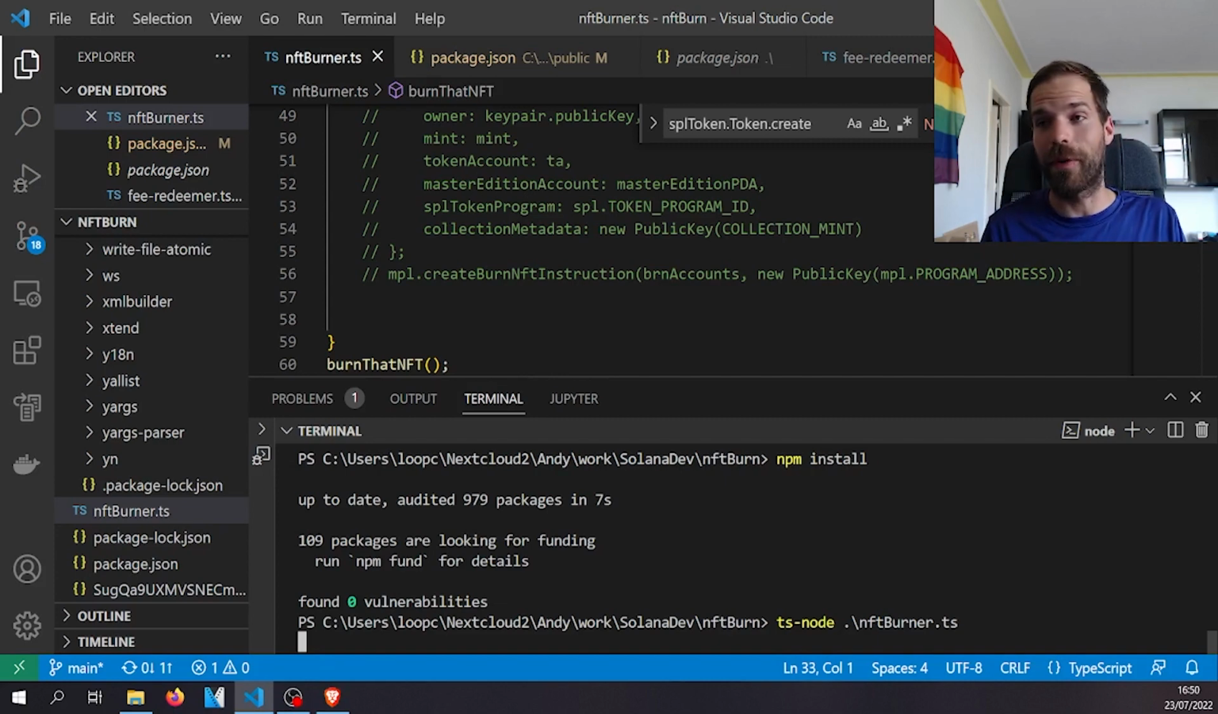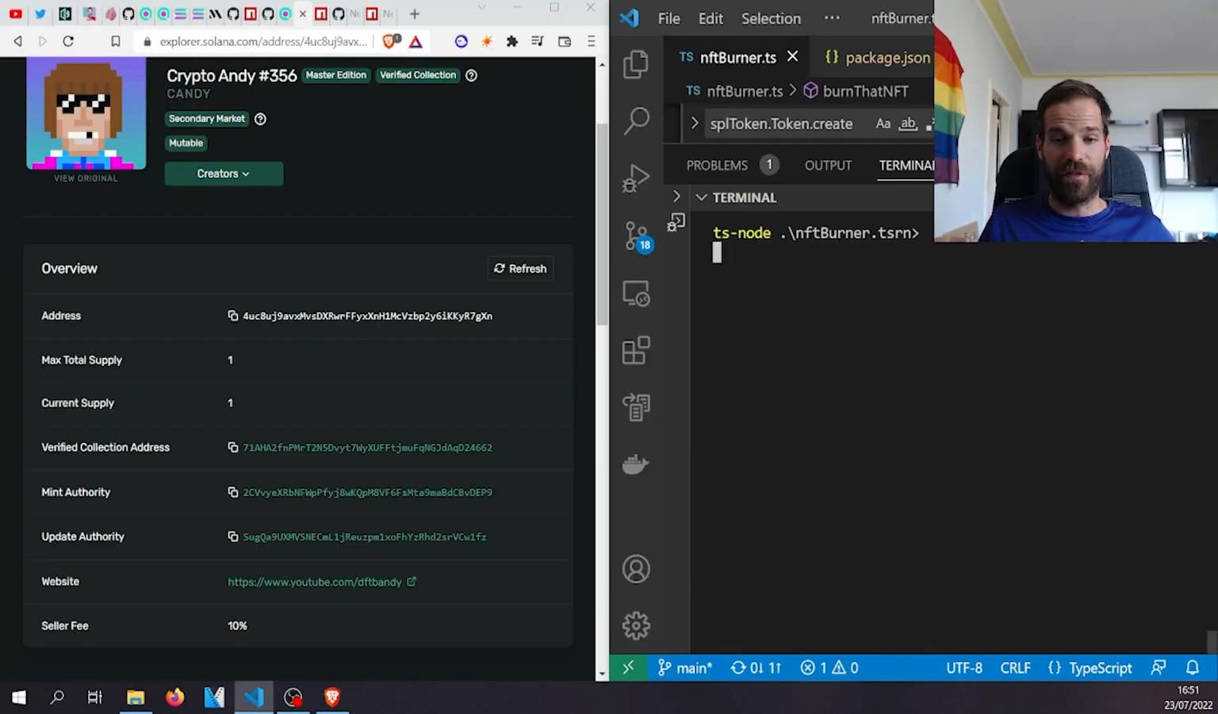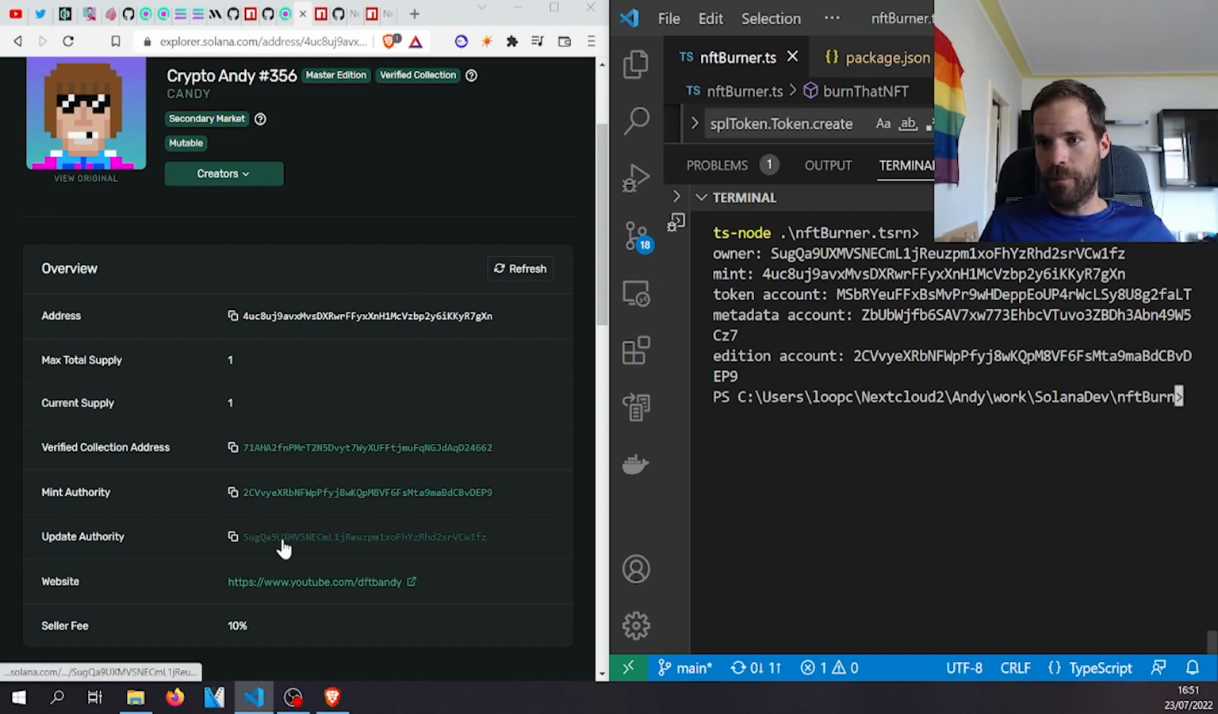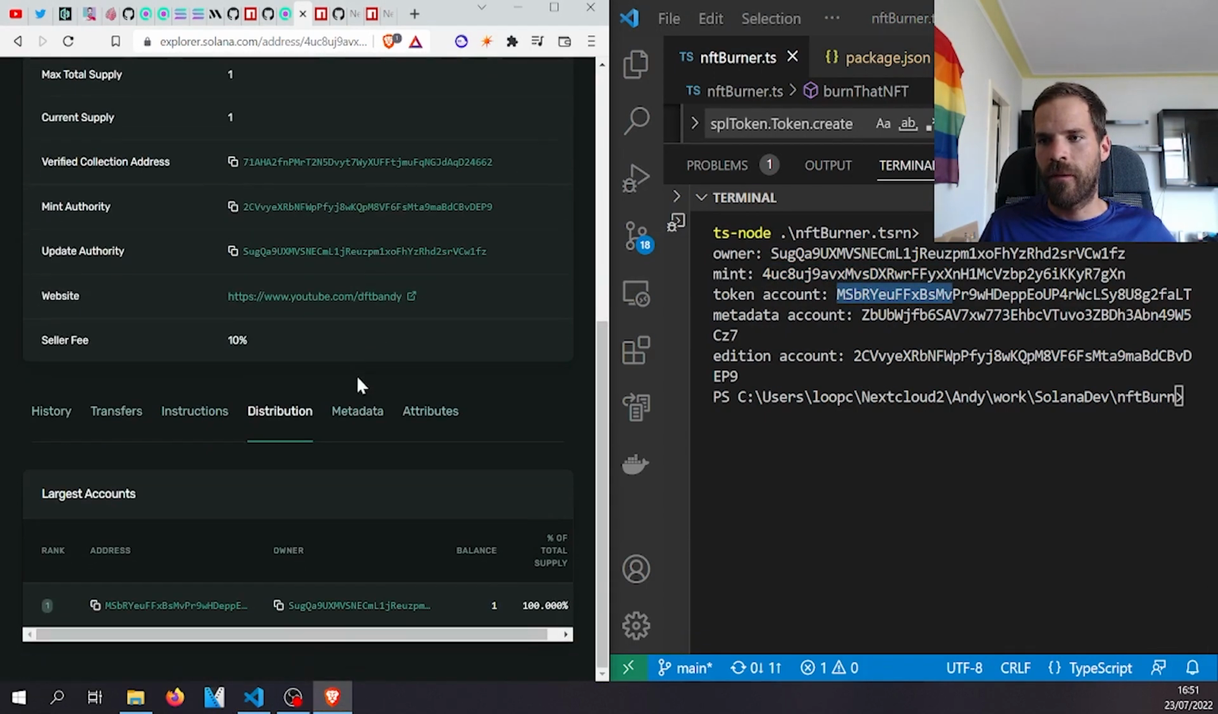This is all much more complicated than I thought. I thought I'd just easily burn some tokens, but no. But let's check this out. We have Sugar as the owner. Yep, I'm also the update authority, but that's not at all connected anyway. I mean, yeah, whatever, it is connected. That's the mint. I mean, that looks good. Token account. If we go to distribution, then we should see the address. Yeah, that looks good. That's the token account. Then metadata account is